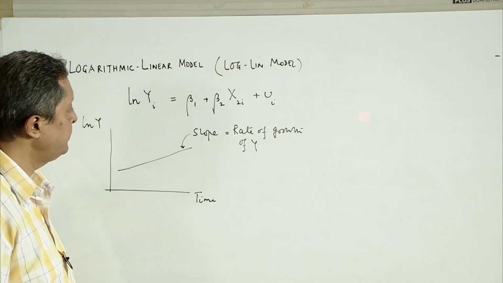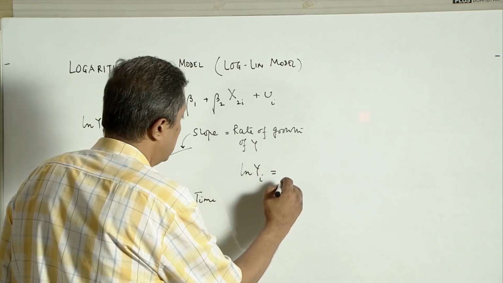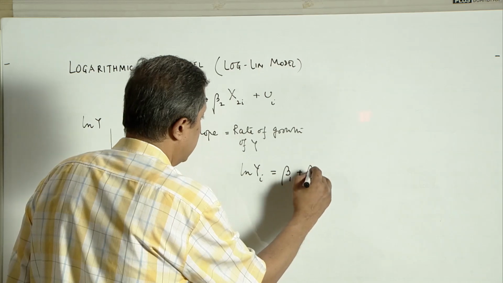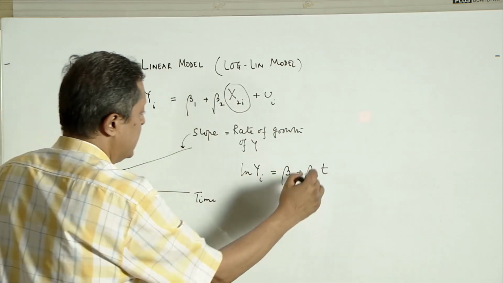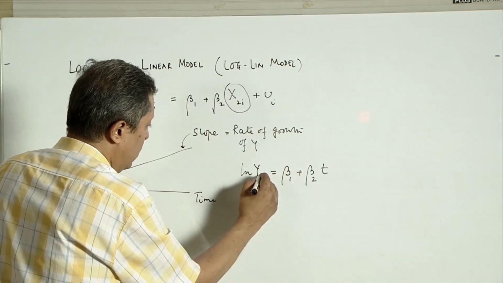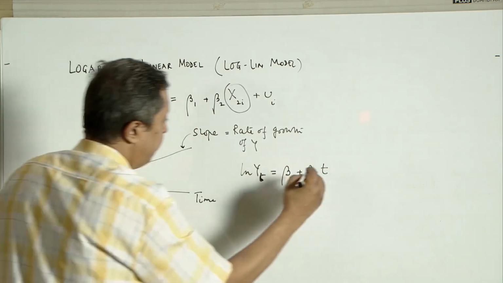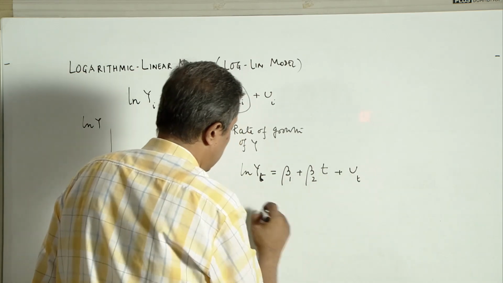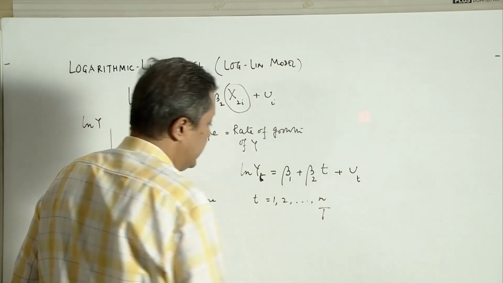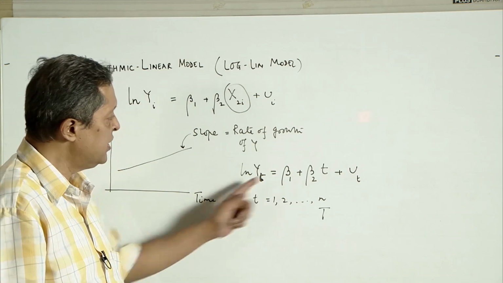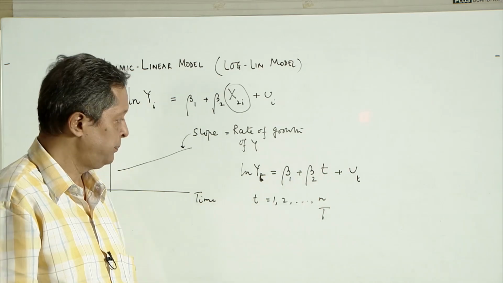linear trend in growth. That means, if we write log y is equal to beta 1 plus beta 2 t, please note x2i has been replaced by t, and so to maintain symmetry we are replacing that i by t plus ut, where say t runs from 1 up to n, or some texts will say t runs from 1 to capital T. So, this is a model where log of y is regressed on time, and time is